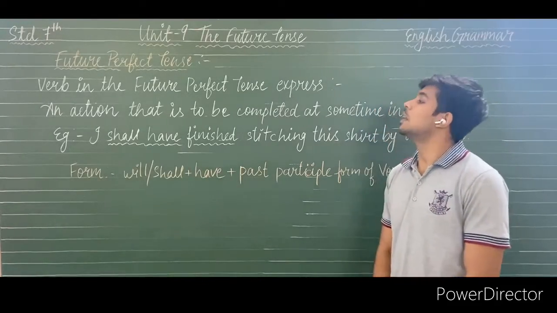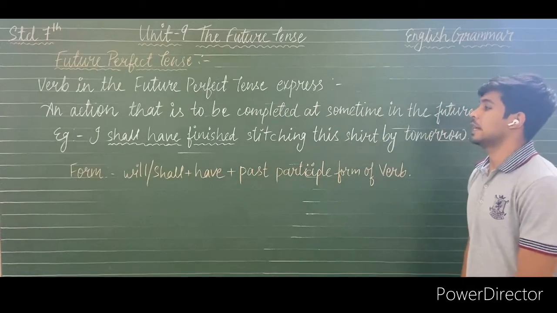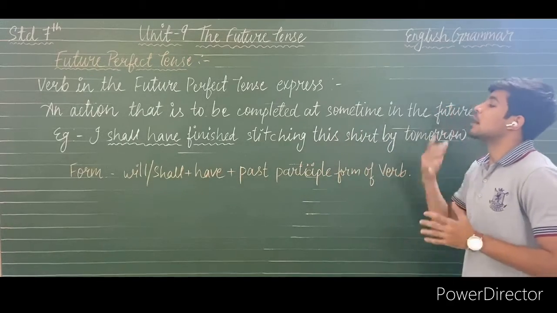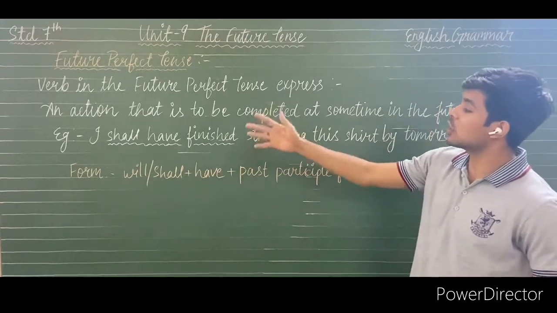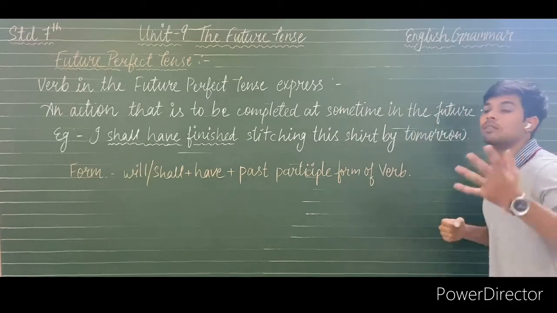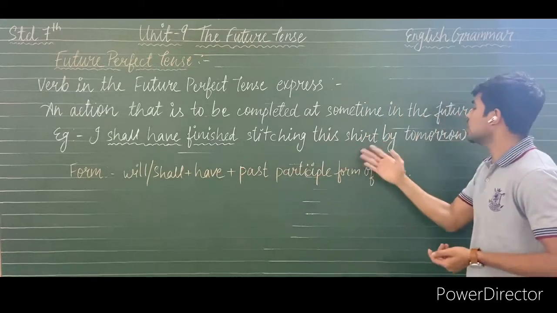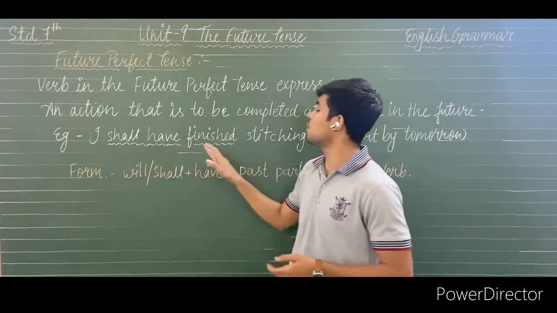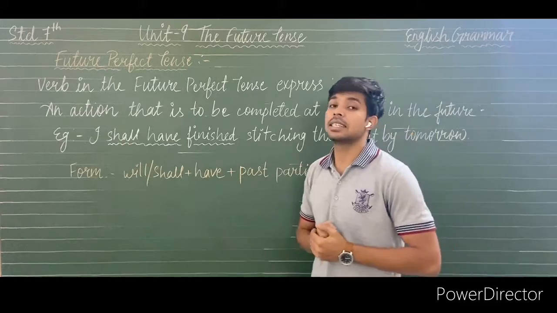Now further we'll discuss the future perfect tense. Verbs in the future perfect tense express an action that is to be completed at some time in the future. I'll repeat again. An action that is to be completed at some time in the future. For example, I shall have finished stitching this shirt by tomorrow. Here in this sentence, shall have finished is the verb form which represents that this sentence is in the